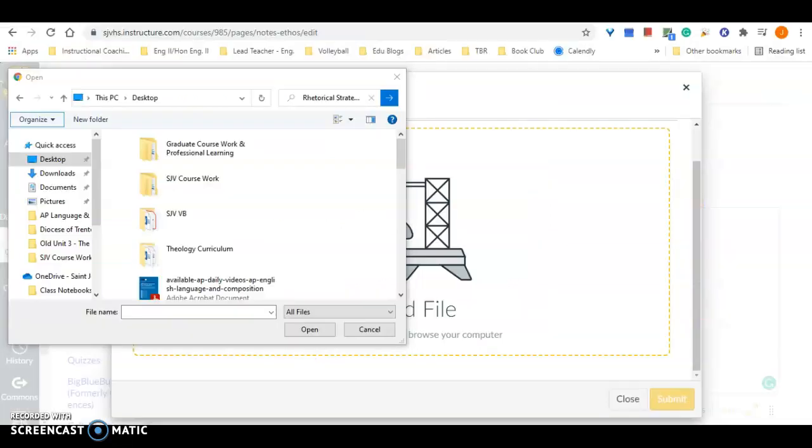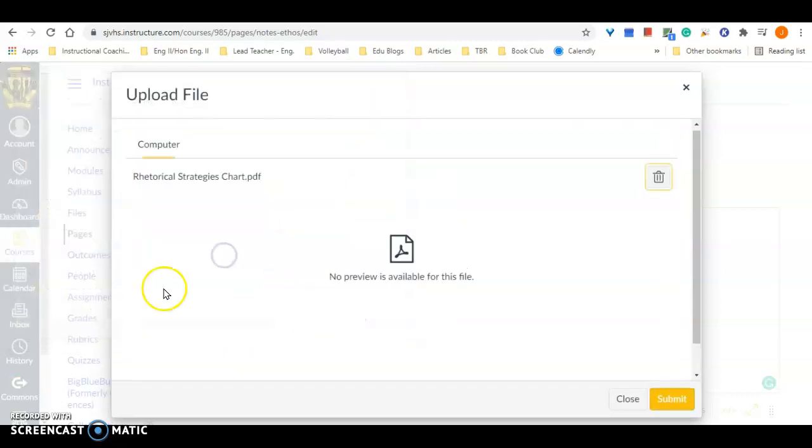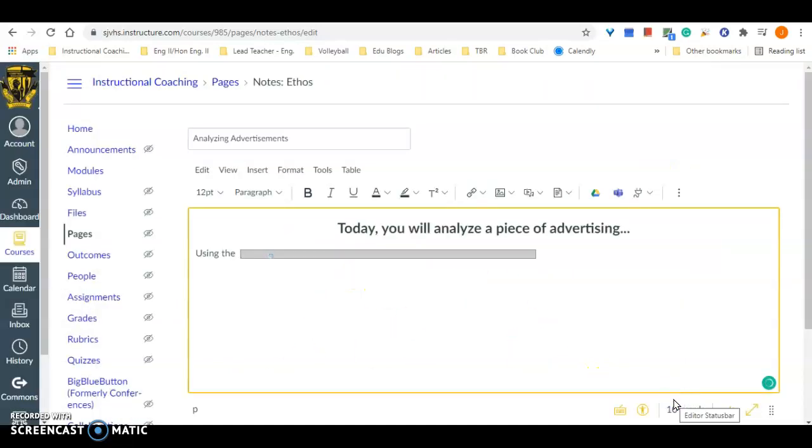Okay, that's what it looks like. Oh, I have to find it here though. Rhetorical strategies chart. There we go. All right, it's not previewing this file for me, but I'll have to peek when I put it in. All right, using the, and I can space that out, rhetorical strategies chart. I don't even need that PDF part or the one. Okay. Using the rhetorical strategies chart, comma,